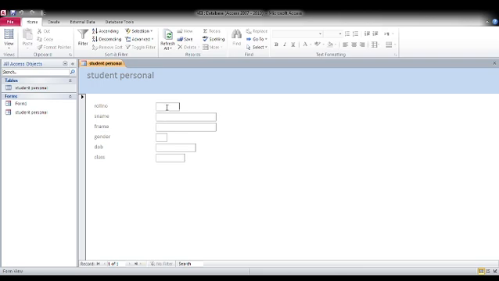Okay, now here I am giving the student name, father's name. Now see, if I want to type a next one, it is not allowing me. See, I cannot type a second character. I have to type a single character into it, and I can't type a second character. Now here my date of birth is there. If I want to enter it, I can, but currently I am not entering it because it's in a DDMMYY format, so it can create confusion. So I have just selected it from here.